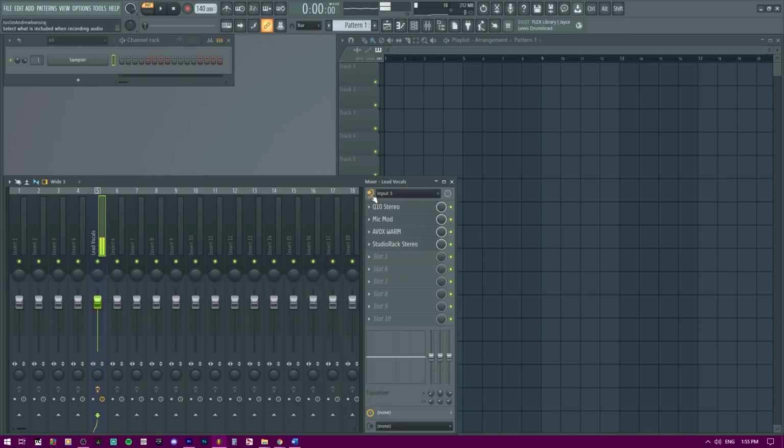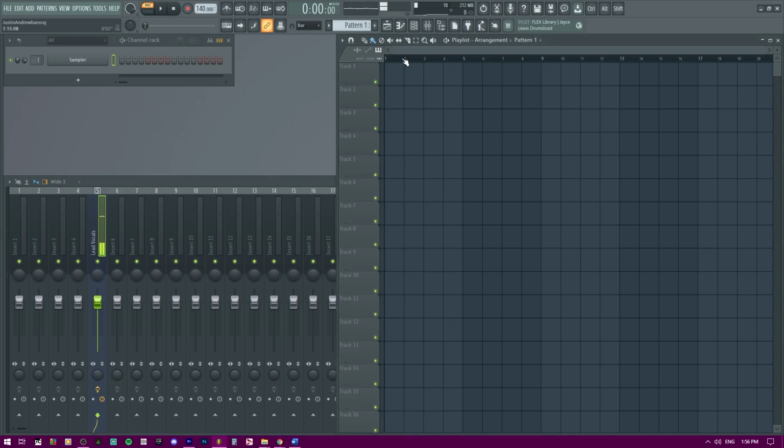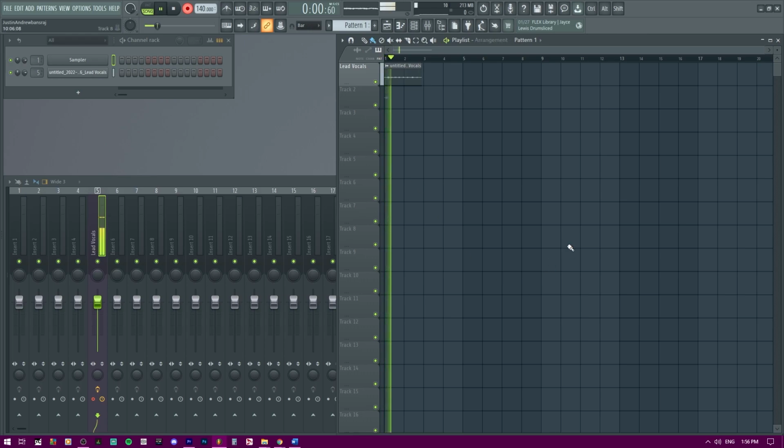Another huge thing I forgot to mention is that external input only will allow you to record over and keep previous tracks that are already in your insert. So if I hit record and arm to record, this is my first test vocal right here. Now, let's say an artist wants to do a double take or an ad-lib track, a hype track, whatever it is. If we record here, this is our second take right here.